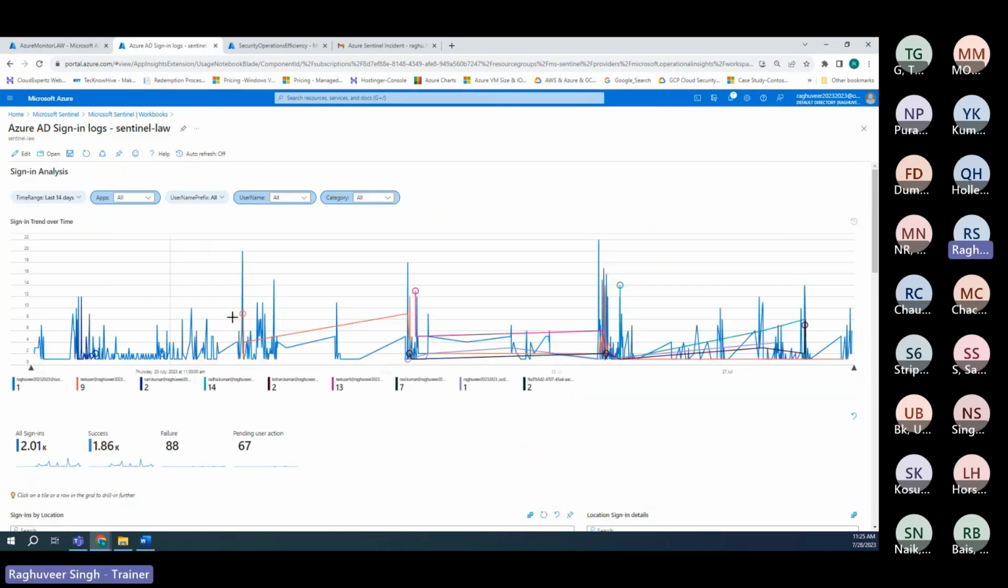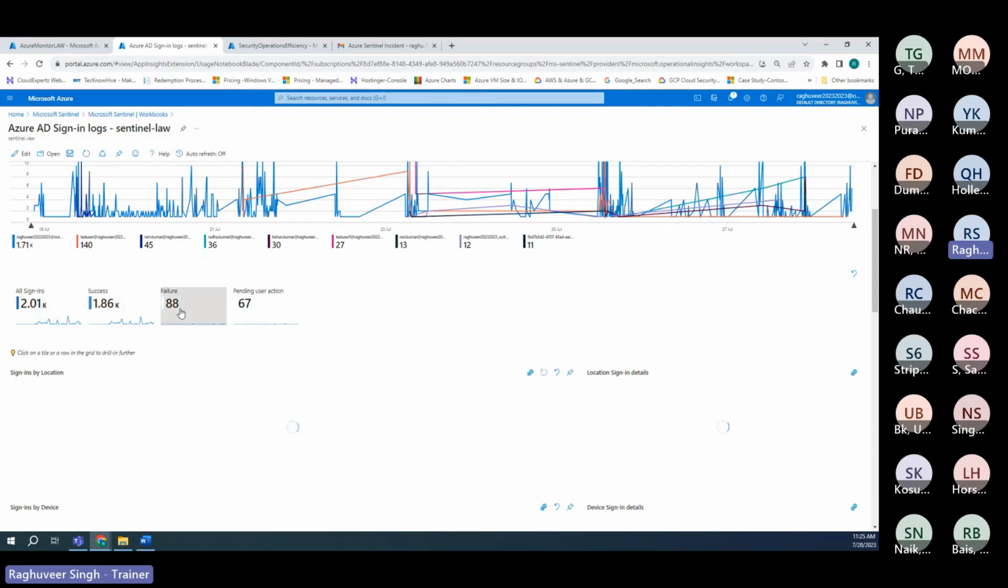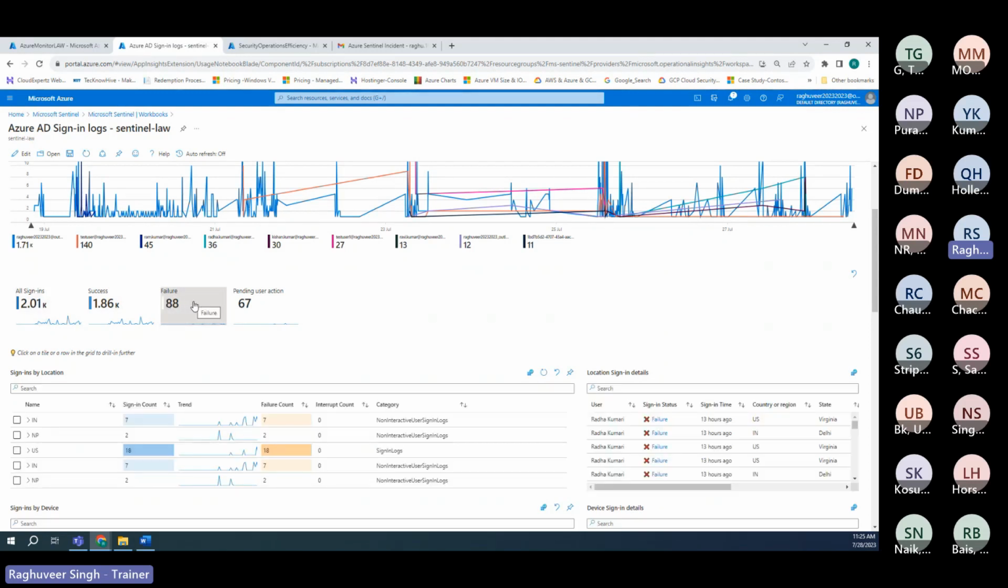Okay. So this is sign in. Then this is another, which is all sign in, success and failure. This is specific, which shows me all the sign in actions, failure actions and success actions. If I click on failure, then whenever I click on any of the widgets, it will give me the details of that widget. Now this is one dashboard which we used to create as a custom dashboard, custom workbook,